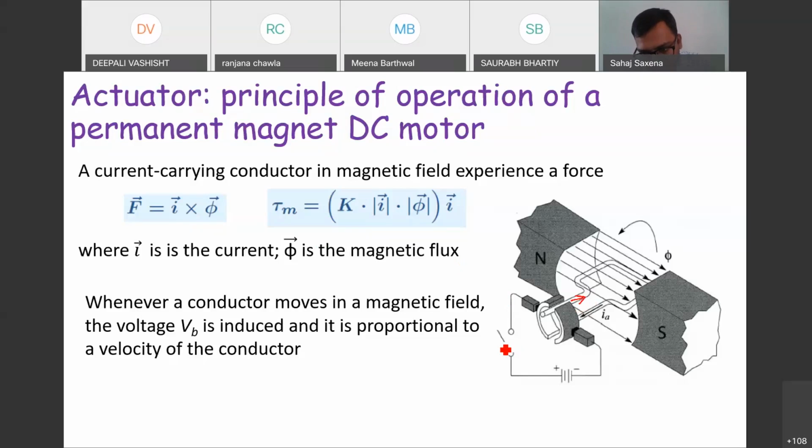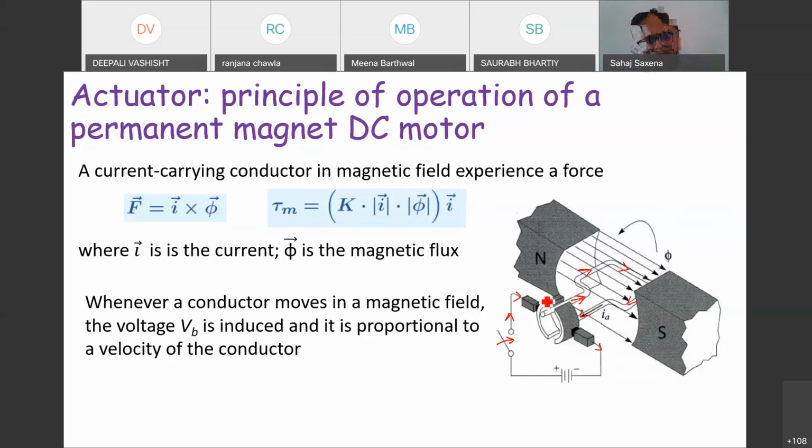We have a switch, and this switch is off. We have a power source, and the current will flow from here to here. The path is like this, and it can return like this. So basically, whenever there is a current in a conductor, and if I place it